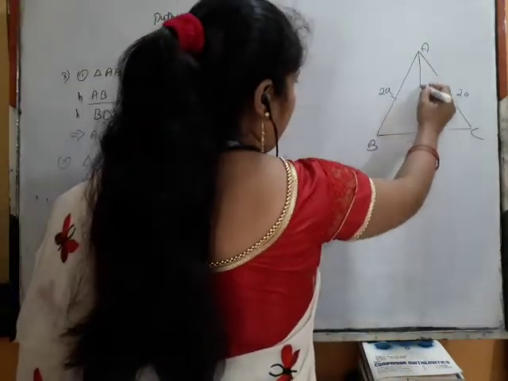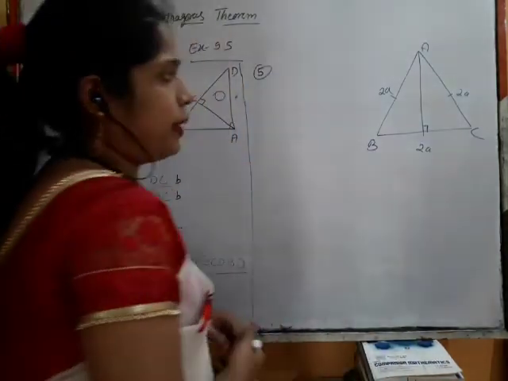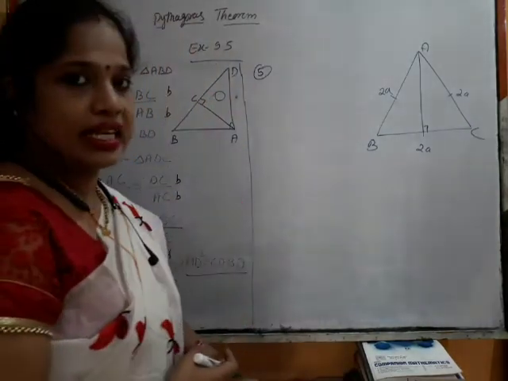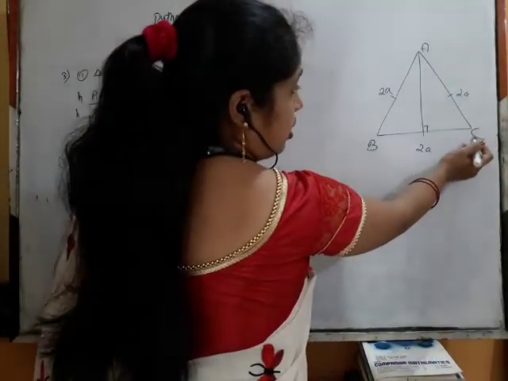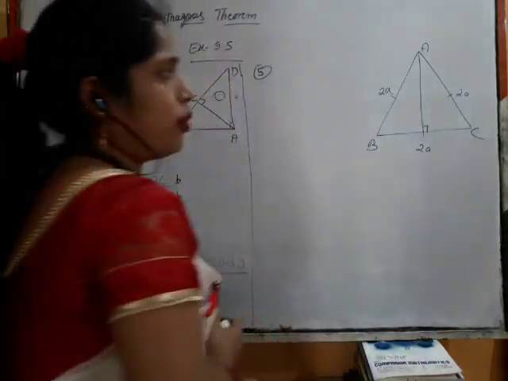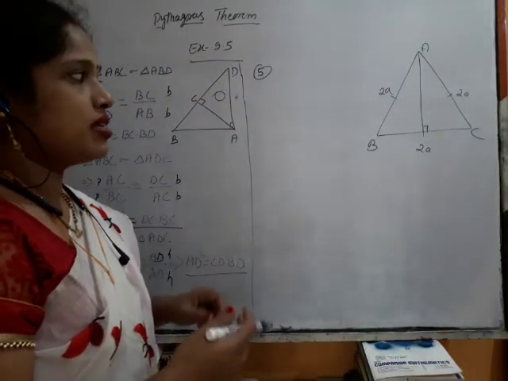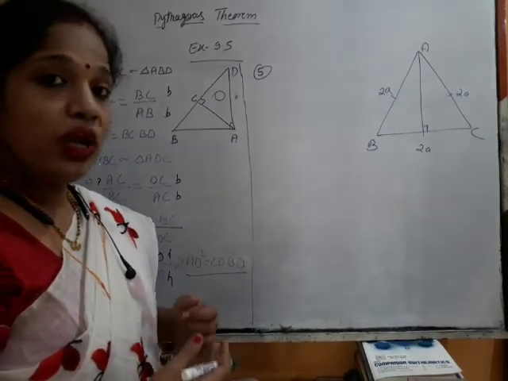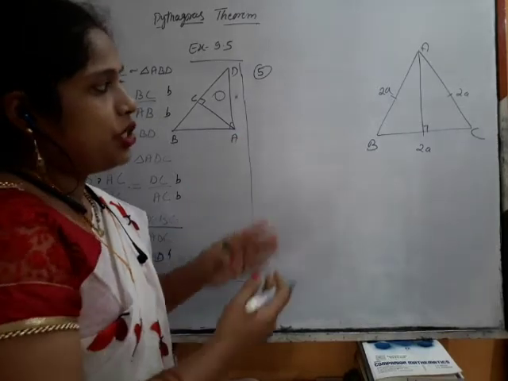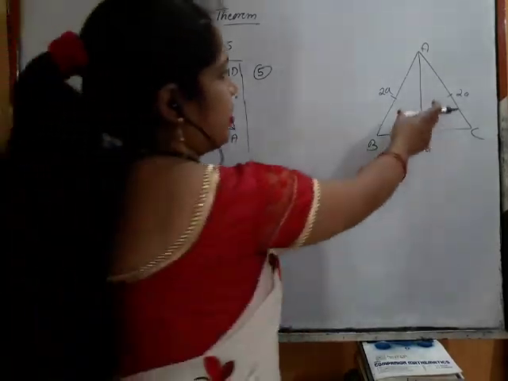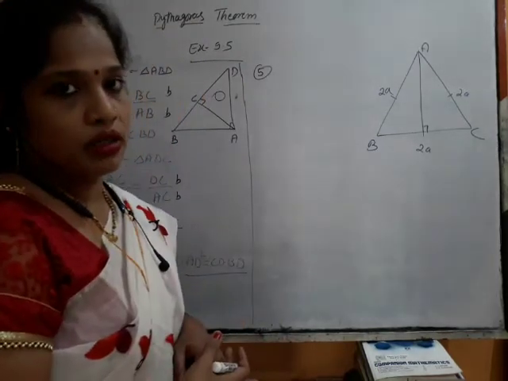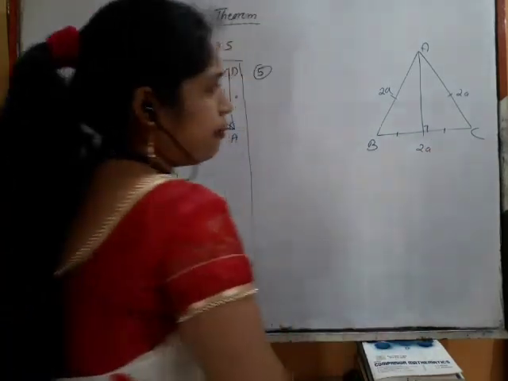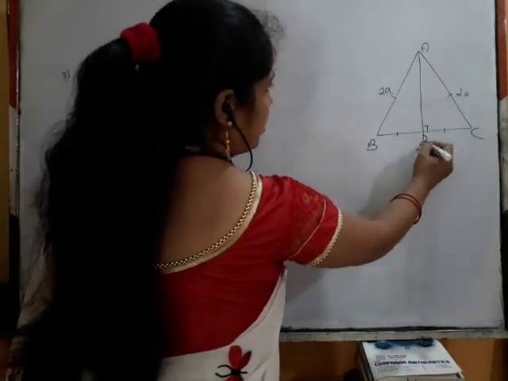Okay, if I make one altitude over here, it will be perpendicular to the base. If you make the second altitude, it will be perpendicular to the another side, that is AC. Now if I draw the altitude from C to AB, it will be also perpendicular to AB. So let us consider only one altitude. We know that for an equilateral triangle, altitude divides the triangle into two congruent triangles. So it is not only altitude, it will become the median also. So this side will be equal to this side.